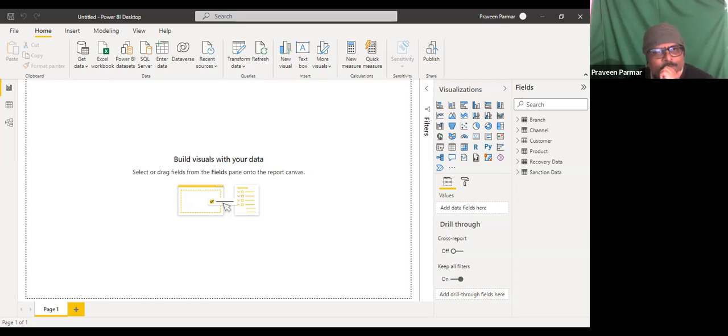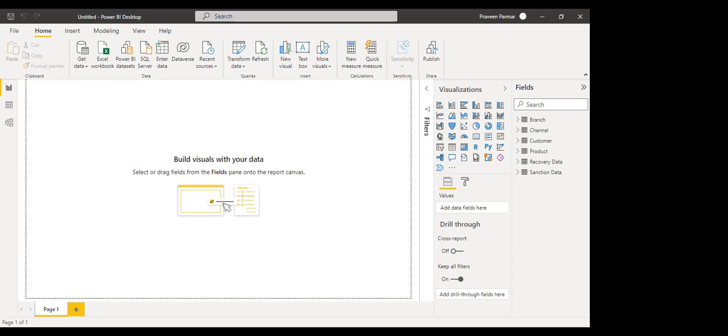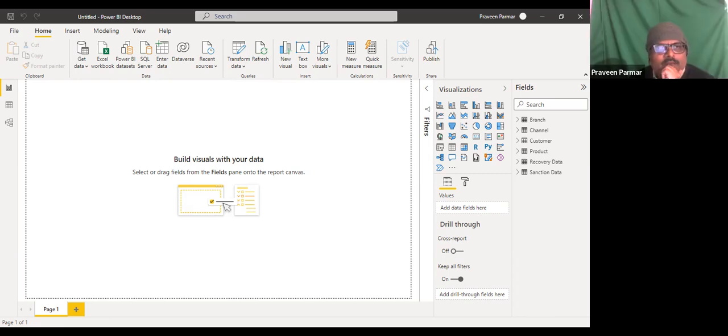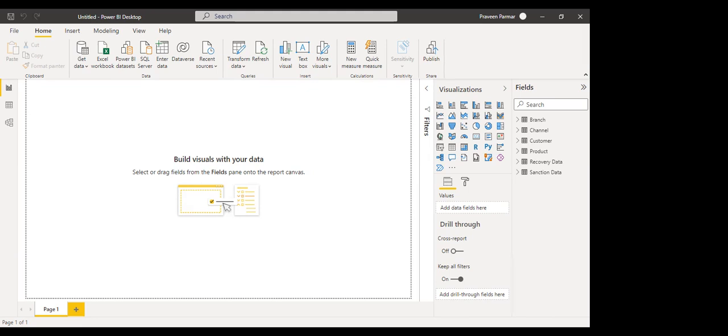So you will get the real-time changes in your dashboard. Whatever the data increase or decrease, you will get those changes there directly, without importing and copying it to Power BI.